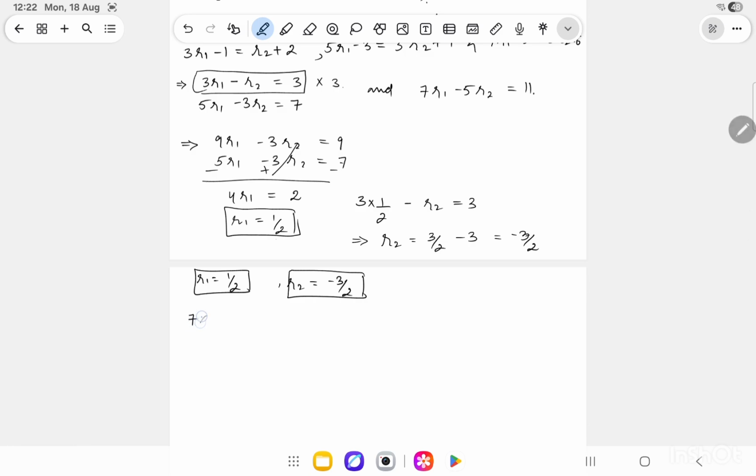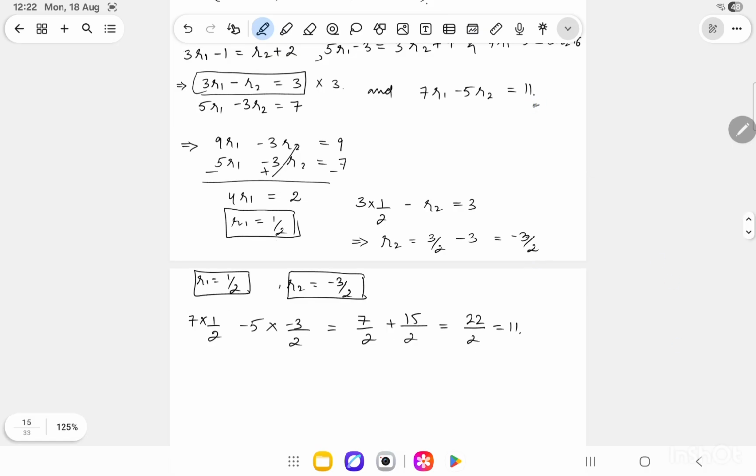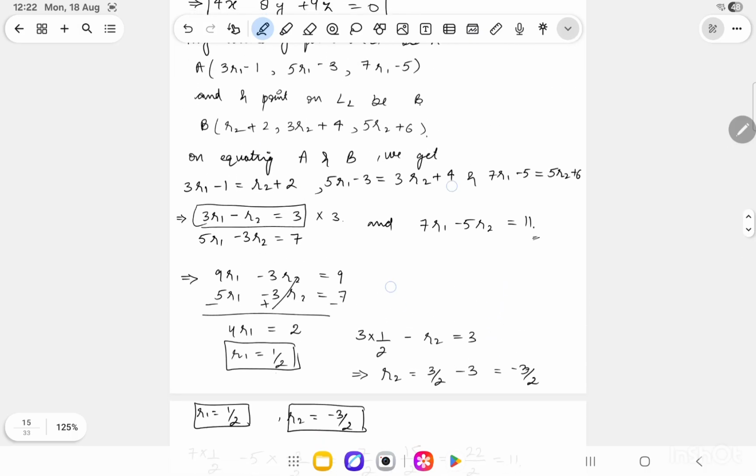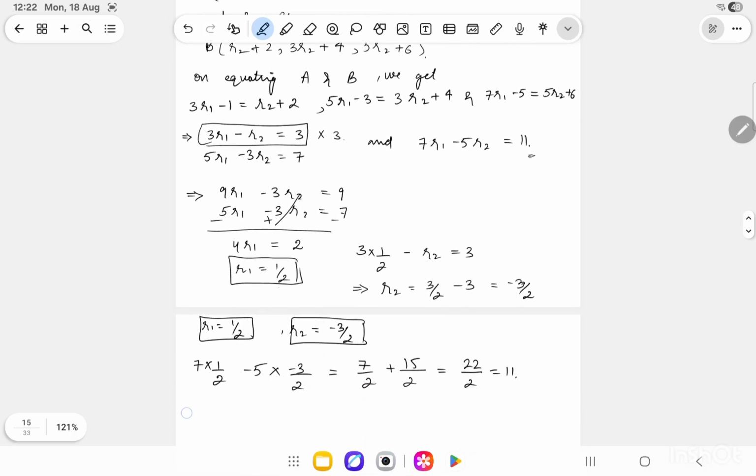So 7 into 1 by 2 minus 5 into minus 3 by 2 is equals to 7 by 2 plus 15 by 2, which is equals to 22 by 2, which is equals to 11. So since these values of R1 and R2 satisfy this third equation as well, I got the values of R1 and R2 where these two equations intersect. So my intersecting point is